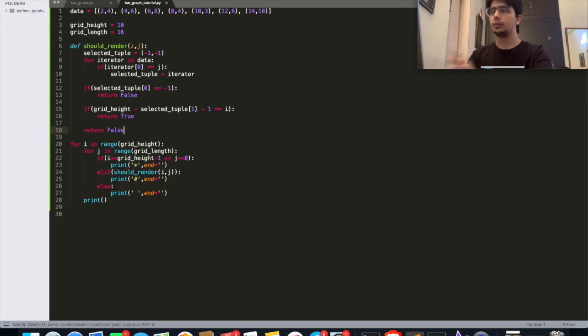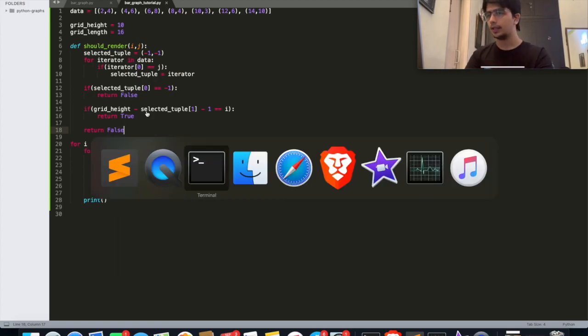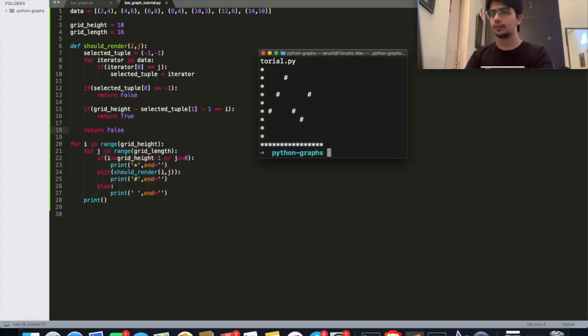So this would just show us that exact point. This should show us (2, 4), (4, 6), (6, 8), and let's see if it does. Yep, so there we have it. For (2, 4), then this one is (4, 6), then this is (6, 8), then (8, 4). I'm reading these values out from our data array on line 1.